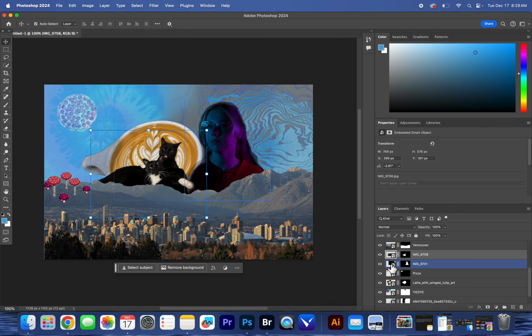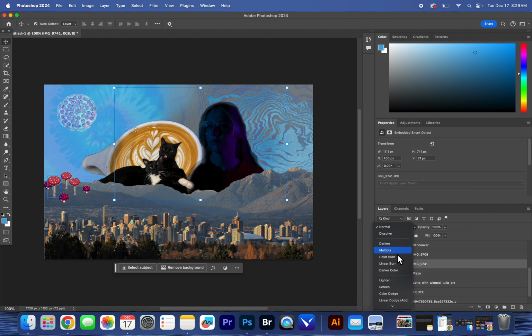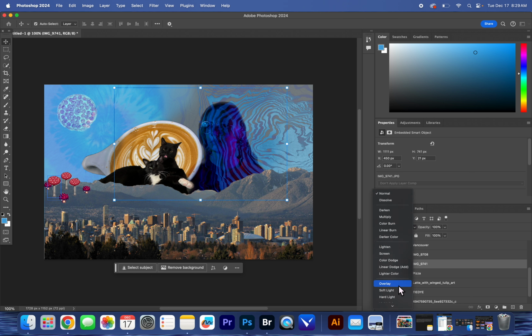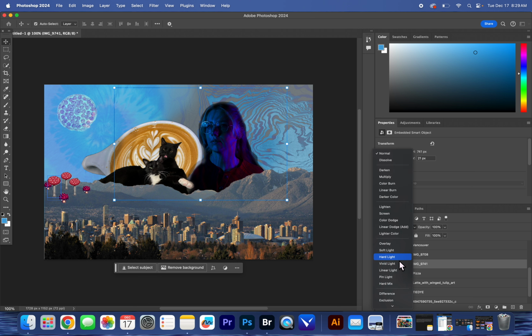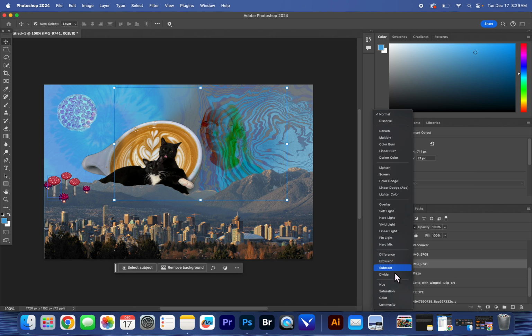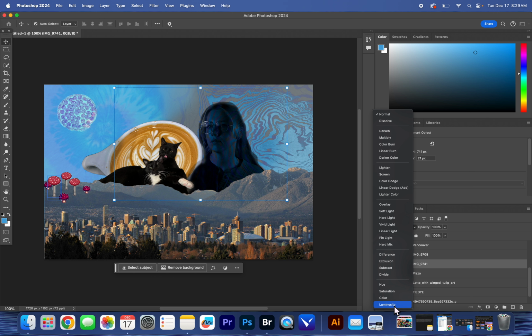Like I want to go ahead and make my portrait of myself a little bit more part of the artwork itself. So I'm going to go into my blend mode and kind of figure out a way to incorporate myself into the composition itself. So I'm gonna go ahead and find my best option here. And there's so many different options, so just making sure I'm picking something that does put me in as part of the artwork. I'm thinking